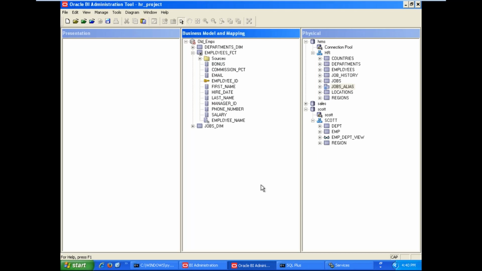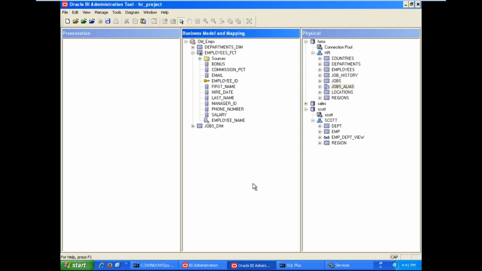In this business model, what rules did you apply? Here we are applying business rules to convert the technical format to the functional format. The physical layer, the physical diagrams, are technical. The business model mapping layer is techno-functional, and the presentation layer is functional. Technical, techno-functional, functional. We apply business rules to convert technical structures of available data sources to the functional formats business users need. Here we derived employee name by concatenating first name and last name.